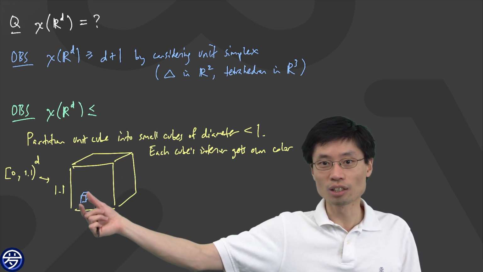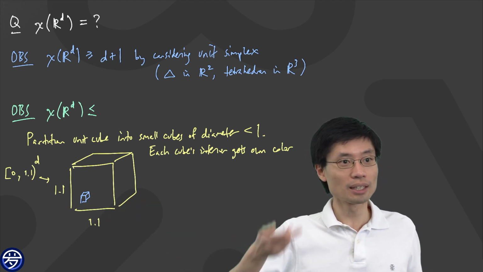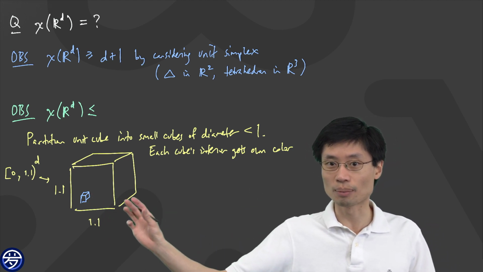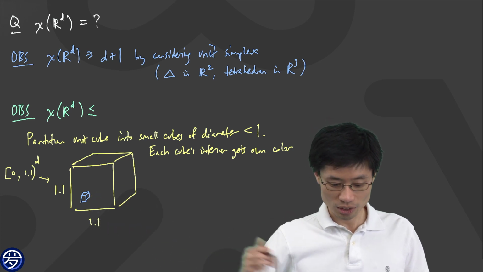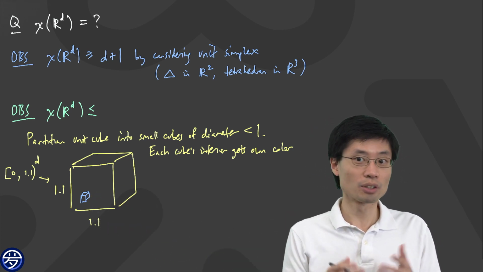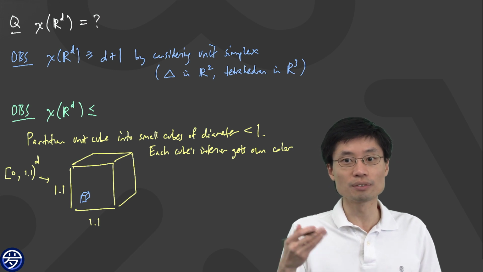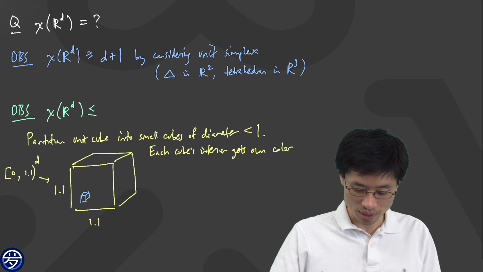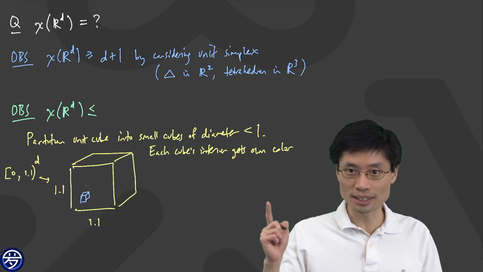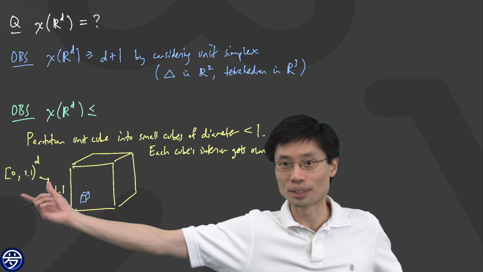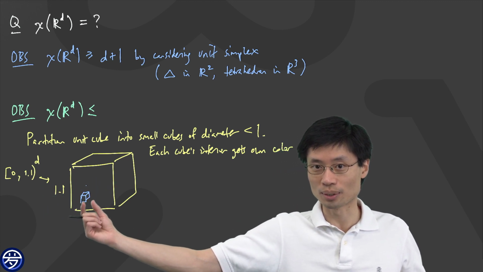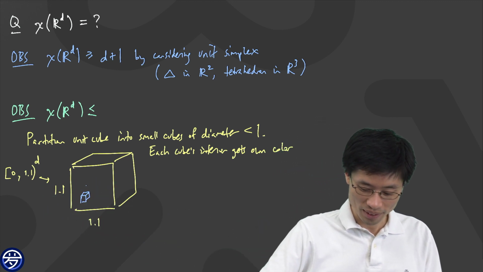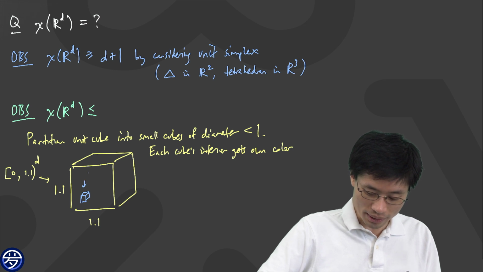Well, if I want all of my cubes to have diameter less than 1, exactly as Tingwei said, the thing to worry about is the long diagonal. So if I look at the long diagonal on a cube, if you're in d dimensions, the long diagonal is square root of d times the side length. And so if I want to have these cubes of diameter less than 1, actually, in this case, I'm okay by using this half open, half closed, because then I don't have to worry about 2 points which are on opposite sides. And so this particular cube has side length equal to 1 over square root of d.